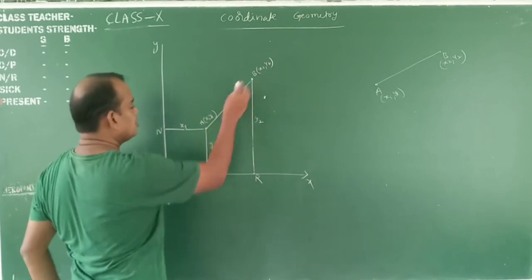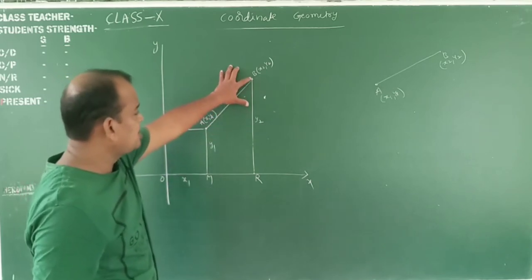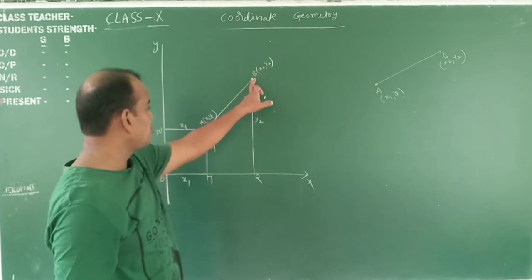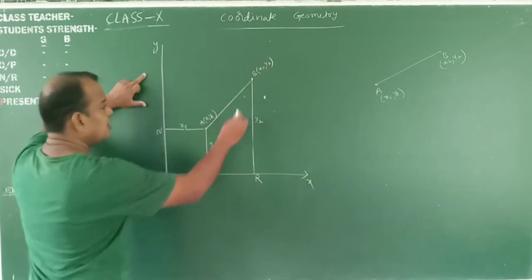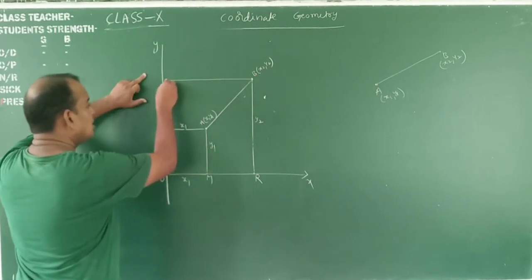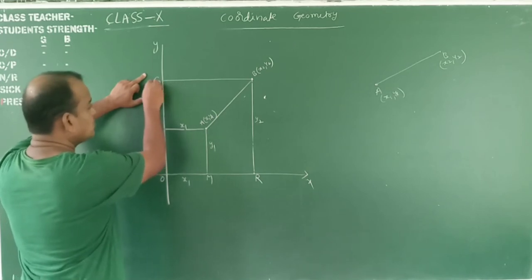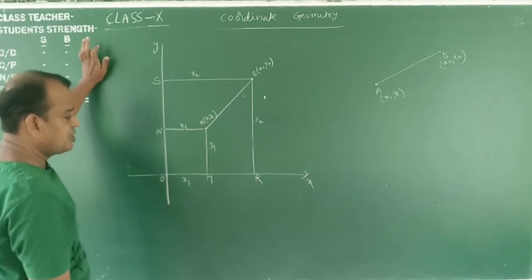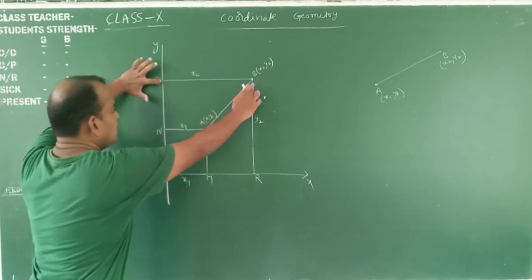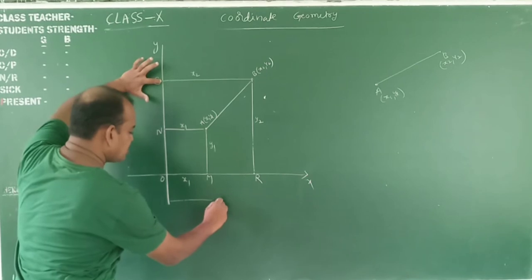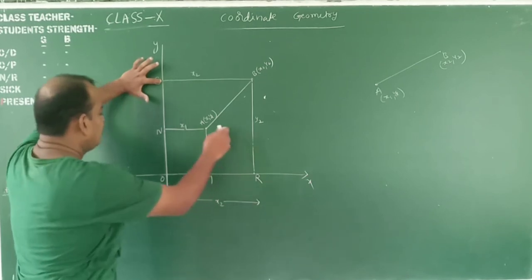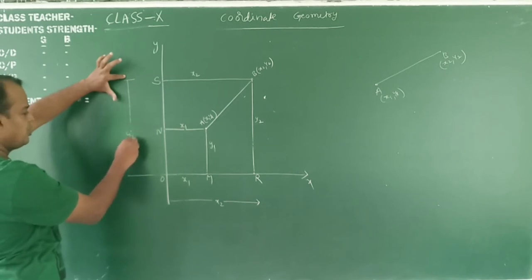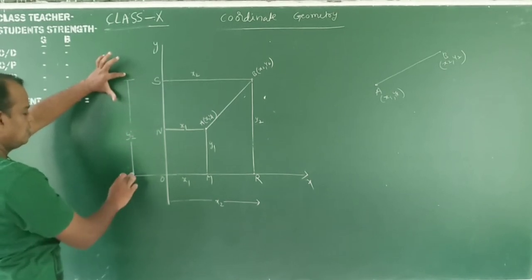Y2 from this. You remember, simple. The distance from a point to the x-axis, that is the y coordinate. The distance from a point to the y-axis, that is the x coordinate. Here PQR, suppose. This total distance is nothing but the x2. Clearly observe that, my dear students. From this one to this one means the total distance is x2. From this one to this one is y2. Okay.